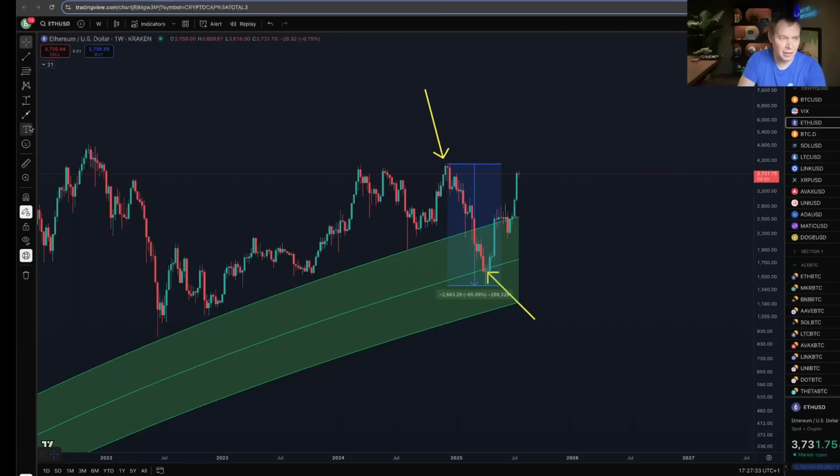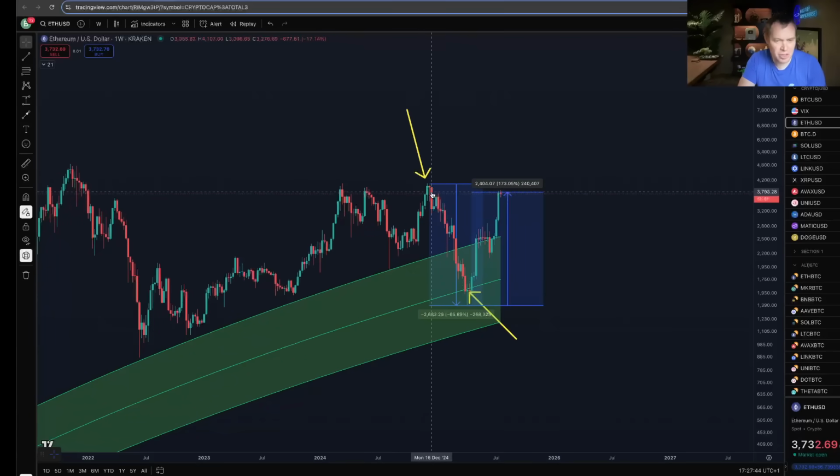And they'll be like, oh, look, Ethereum is up from the low almost 200%. Right? That's what they'll say. Like, yeah, but you were shilling it at 4K just a few months ago. And so that's the problem, right? The problem is that